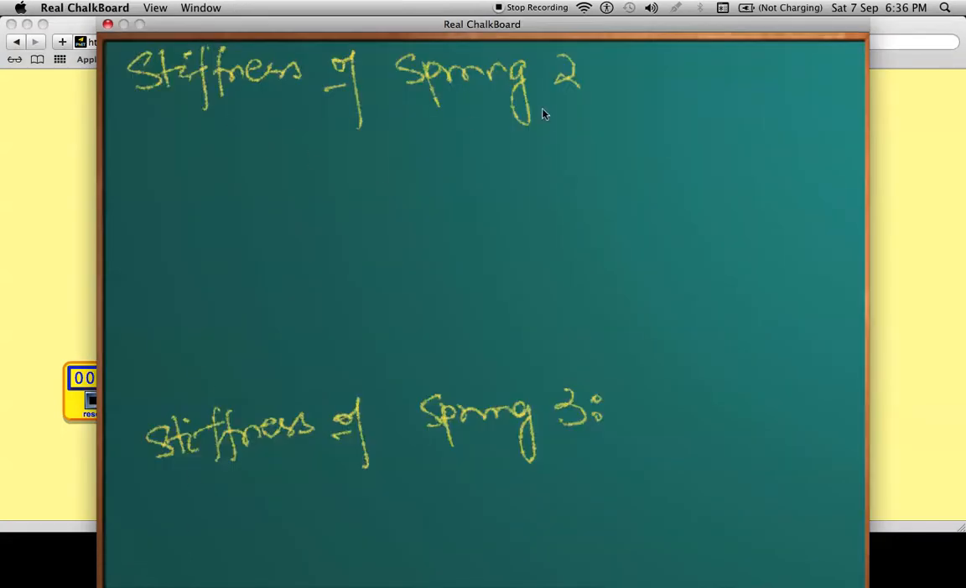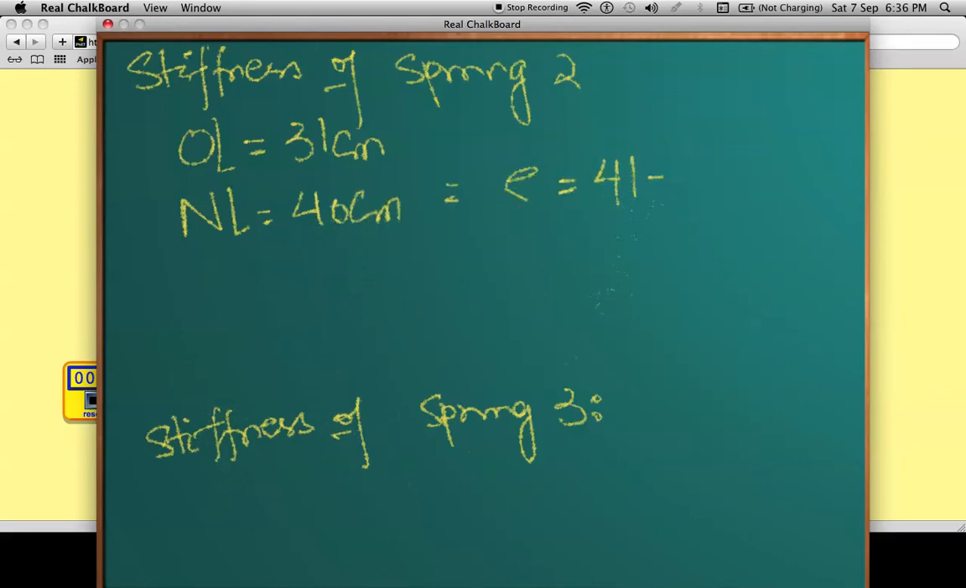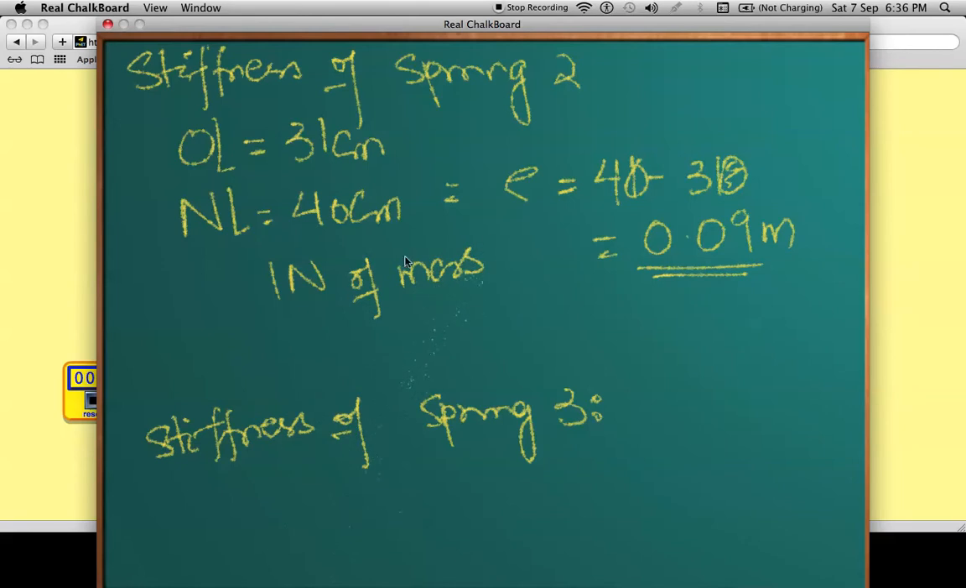So again, for stiffness, the original length was 31 centimeters. The new length is 40 centimeters. The extension would still be 40 minus 31 centimeters. This would give me 0.09 meters of extension for 1 Newton of mass. So this means again the stiffness of spring 2 is 1 over 0.09, which is again about 10 to 11